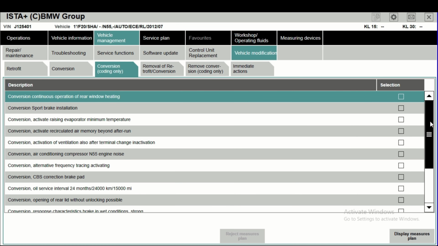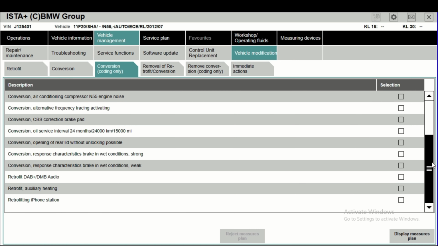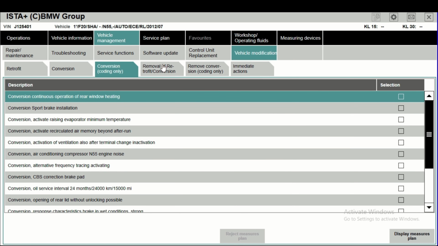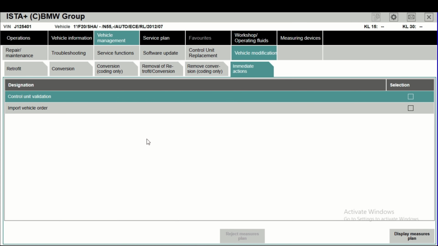Continuous operation of rear window heating, sport brake installation, activate recirculated air memory, alternating frequency, tracing activating. You've got everything here: retrofit DAB, DMB audio, retrofit auxiliary heating, retrofit an iPhone station, removal of retrofit conversion, remove conversion coding only, and you've got everything here as well. Driver seatbelt warning, front passenger seatbelt warning, deactivation of horn warning when locking when the engine is running, deactivation of the automatic air recirculation control, conversion deactivate fan lowering during hands-free mode, and then it will tell you immediate actions,